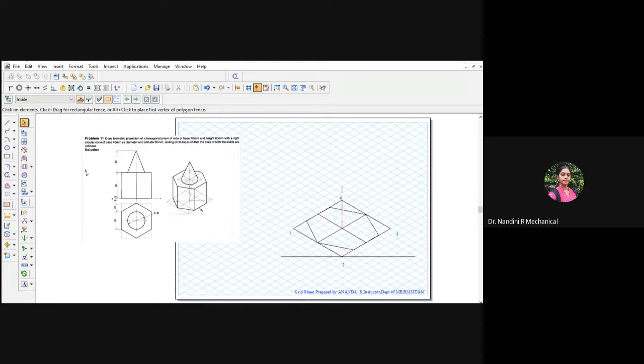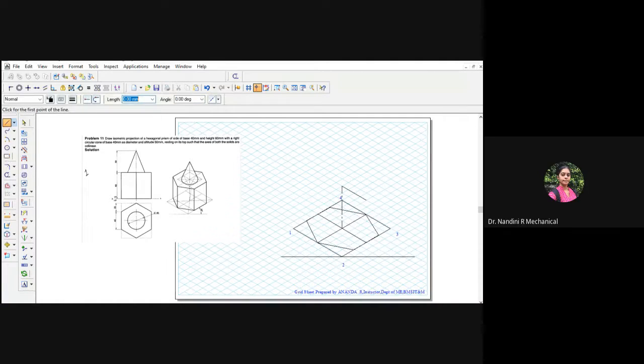So from this center, again now we need to construct the top surface of the hexagonal prism. So same thing, right? So this is the center. So from center, if you need to construct the same surface, see the count how much you need to leave. 1, 2, 3 and 4, right? So use normal construction line. Let it be normal line. So this is the center, right? So from center you need to leave 4 counts.